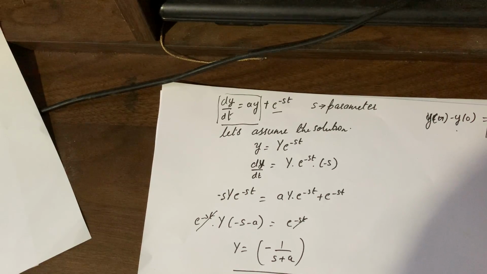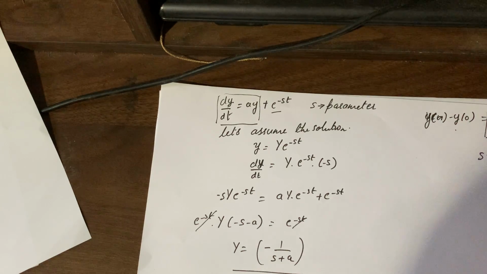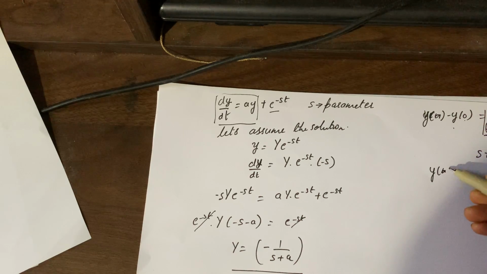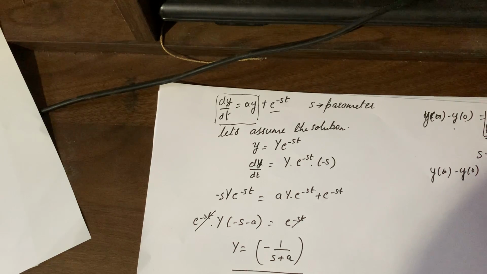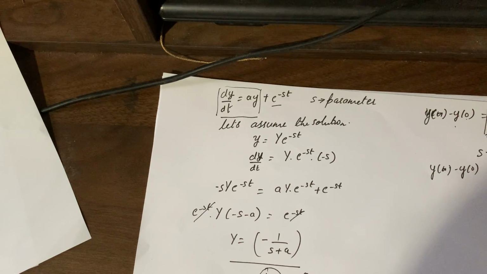So that means this will only tend to 0 when s plus a becomes very large, if s plus a is going to be very much greater than 0. When it is increasing and increasing, this basically will tend to 0. So when the denominator starts increasing, the whole thing will tend to 0. So s can be any real number and a can be the constant.